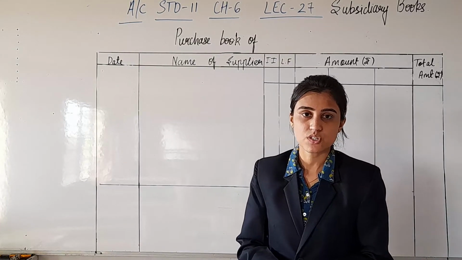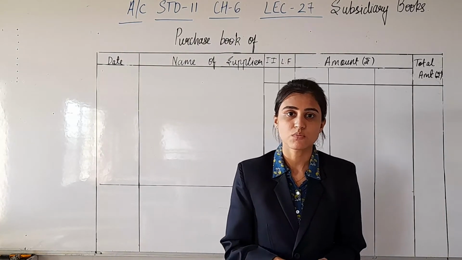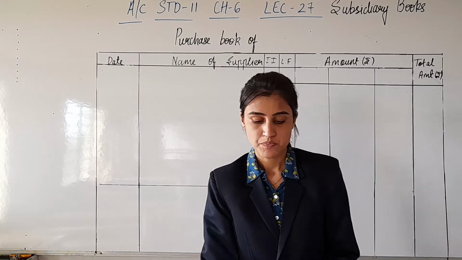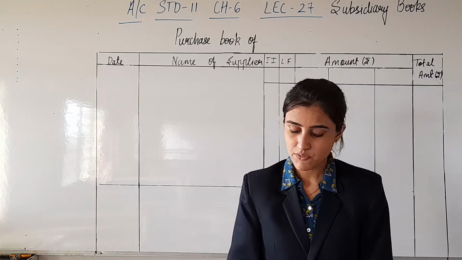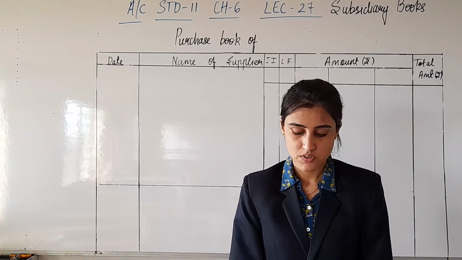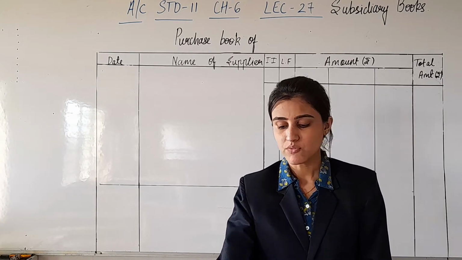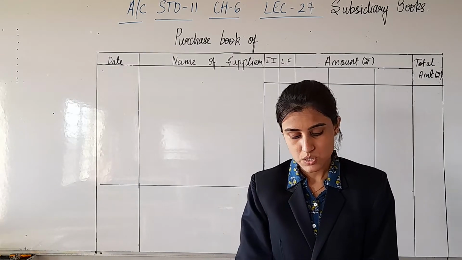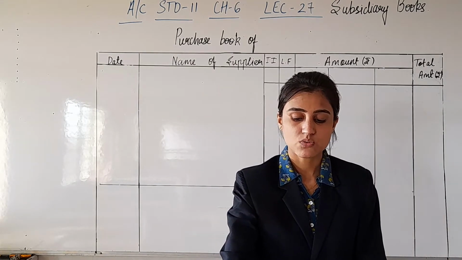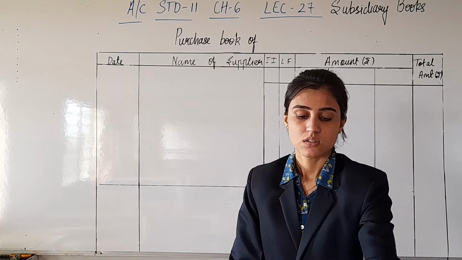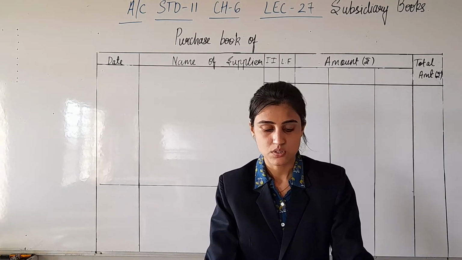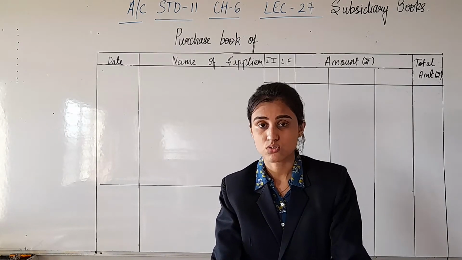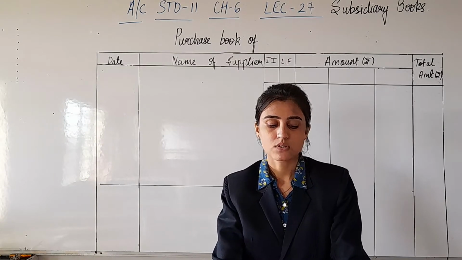So we are done with illustration 2 and now we are going to start with a sum of similar kind from the exercise about columnar purchase book. Let me quickly find out if a sum of this kind is given in the exercise. Question number 4, which is about simple purchase book, we have solved. And of course, question 5, the very next question in your exercise, is about the preparation of columnar purchase book. From the following transactions of Shri Gada Electronics store, prepare columnar purchase book.